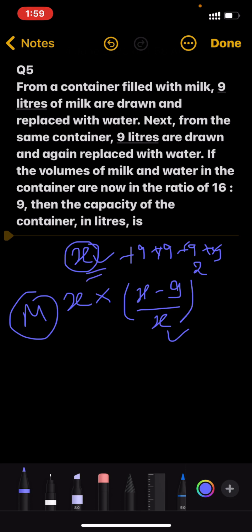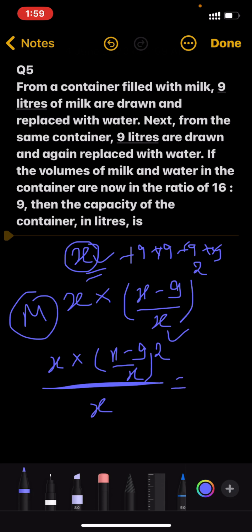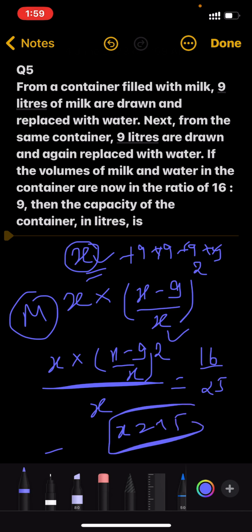So which means that the total amount of liquid, I mean milk plus water, will be x only. Okay, so the denominator will be x, and this will be 16 upon 16 plus 9, 25. Okay, on solving you will get x equals 45. You can cancel, better to solve it like this. This will go this way, this will be 4/5, and then you solve, 45 will be the answer to this question. So these were the 5 questions.